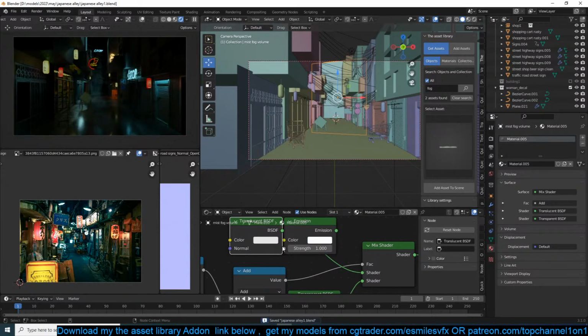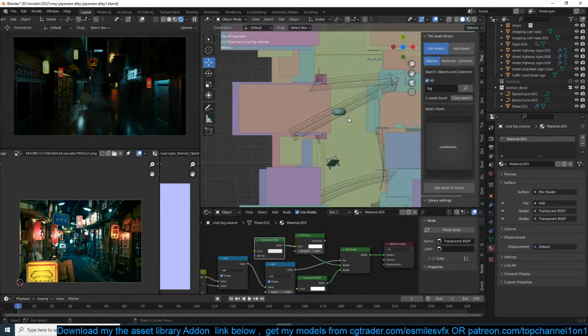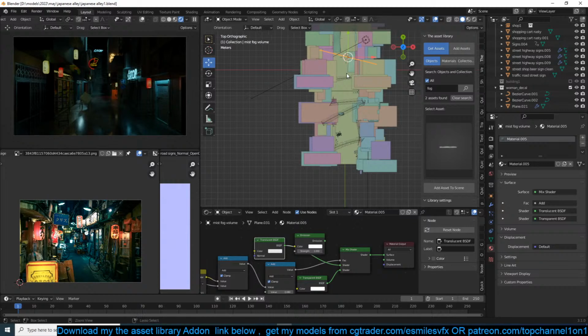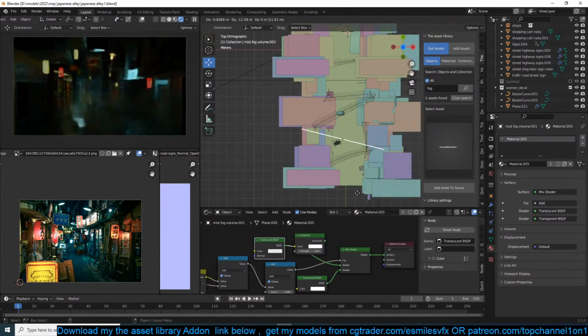Except on the left. I'm not sure what you mean on the left. We can bring in more smoke.